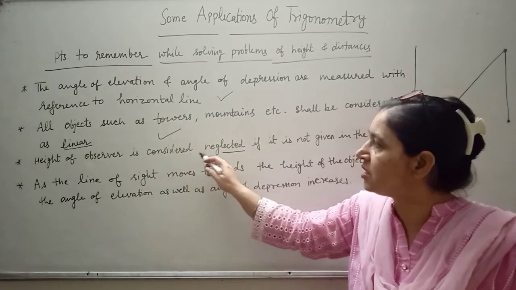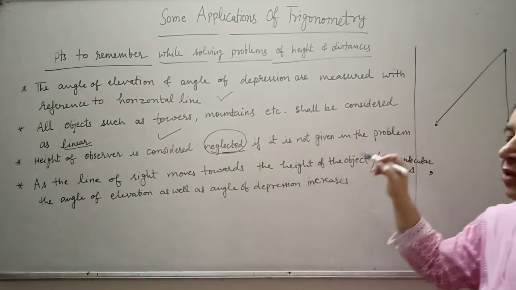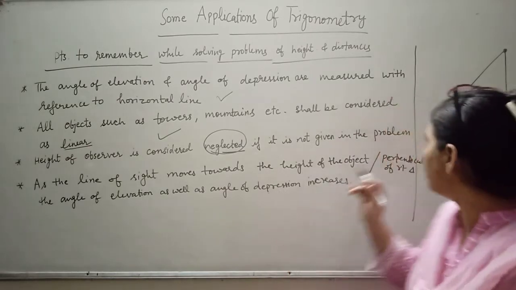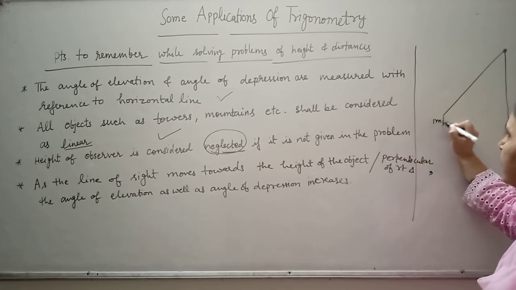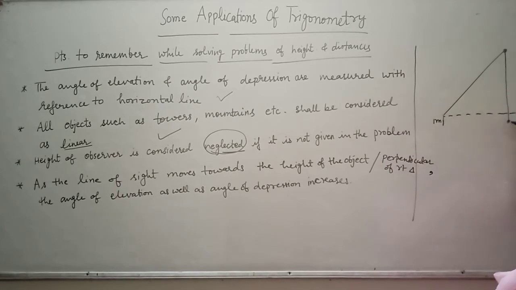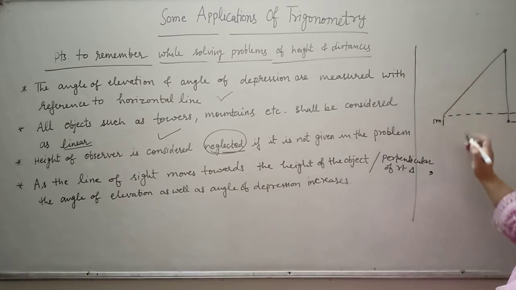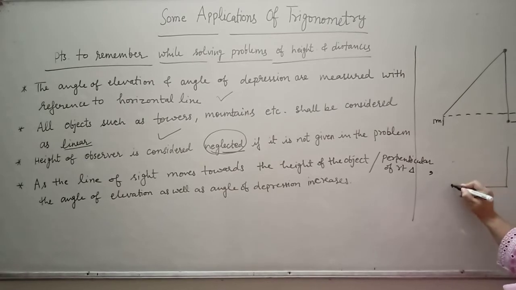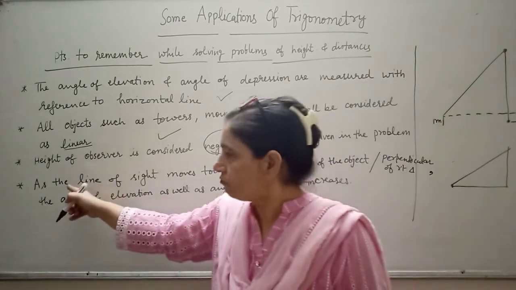ओके, तो इसमें यही बोला है कि हाइट ऑफ द ऑब्जर्वर इज कंसिडर्ड नेग्लेक्टेड इफ इट इज नॉट गिवन इन द प्रॉब्लम। अगर क्वेश्चन में आपके ऑब्जर्वर की हाइट यहाँ 1 मीटर दी हुई है, तो हम इसको 1 मीटर कंसिडर करेंगे, यहाँ से ये 1 मीटर सब्ट्रैक्ट करके फिर क्वेश्चन स्टार्ट करेंगे। अगर नहीं दिया है तो आप यहीं से शुरू करोगे, ये ऑब्जर्वर है जी, आपका ऑब्जर्वर यहाँ है और ऐसे डायरेक्ट स्टार्ट करेंगे।